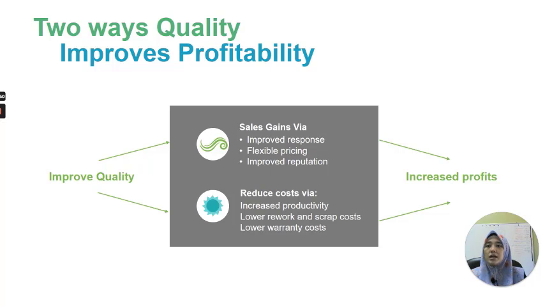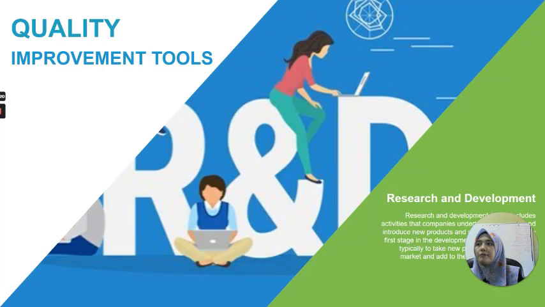Kemudian lower rework and scrap cost. Okay, tak perlu nak buat penambahbaikan, tak ada cost untuk repair, tak ada cost untuk barang-barang defect. Okay, and lower warranty cost. So warranty cost kebanyakan customer pulang balik lah. Kalau ada banyak defect, banyak customer pulang. Banyak customer kita pula nak kena cover. That's why that's the cost of the warranty lah. So, bila kita improve quality, okay, automatically it contributes to the increase of profit. Okay, itu maksud dia. So, what are the quality improvement tools?